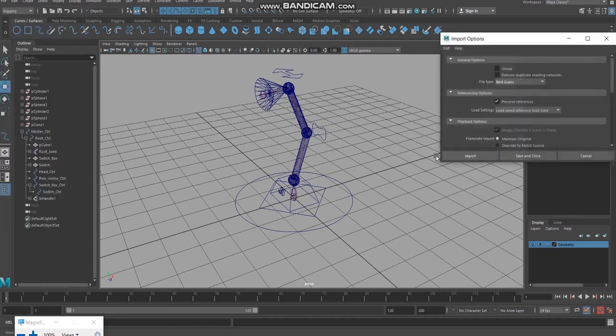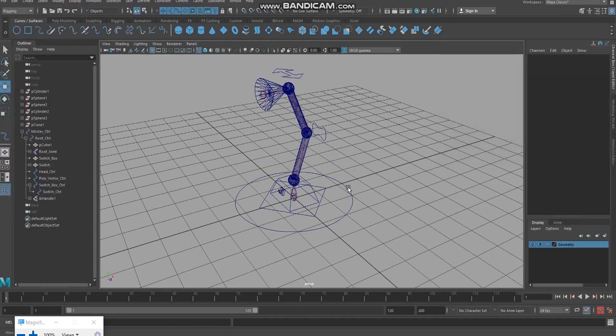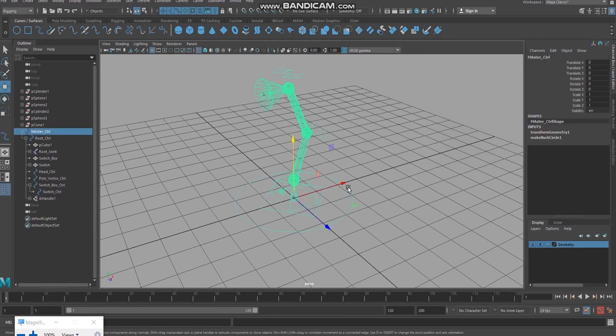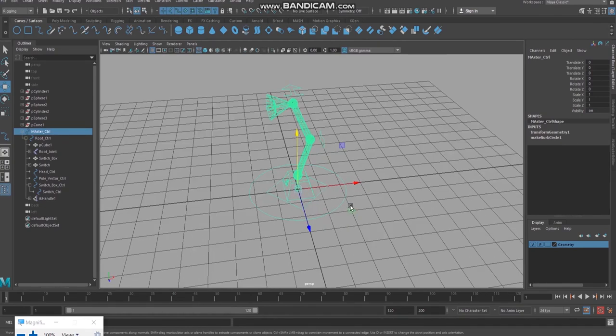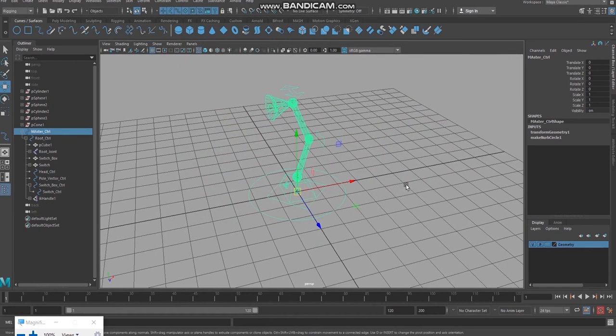In that we need to import as reference. So for that purpose we need to have master control. After importing the reference we need to have the master control and we need to position this entire model somewhere else and keep it. That is why we need to have master control, to resize everything.